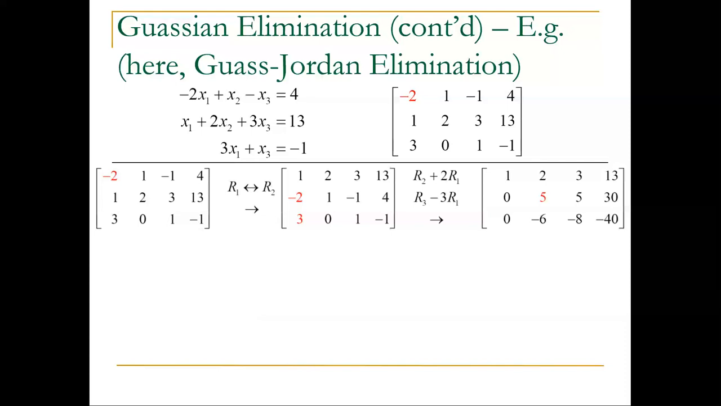Row 2 plus 2 row 1. So you're increasing row 2 by 2 row 1. Row 2 plus 2 row 1 gives you 30. So row 2 plus 2 row 1, it's 230. This is also 230, but I'm not going to put 2. I'm not going to put